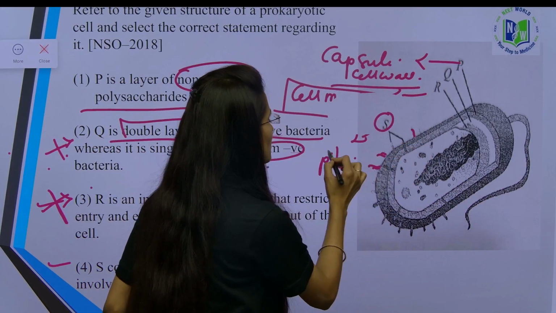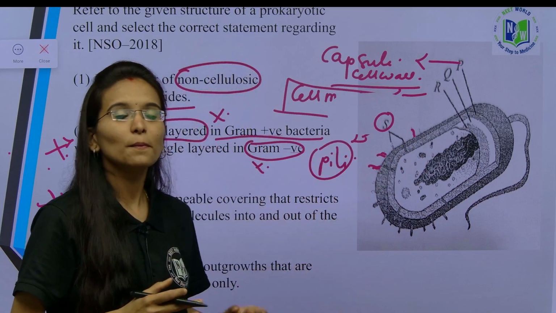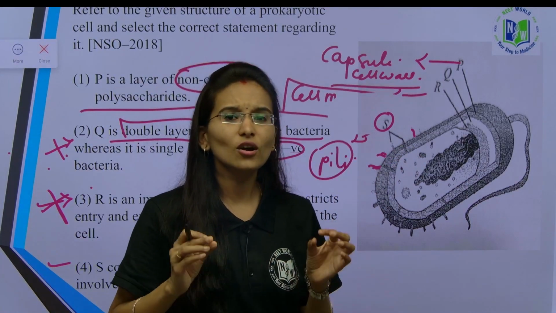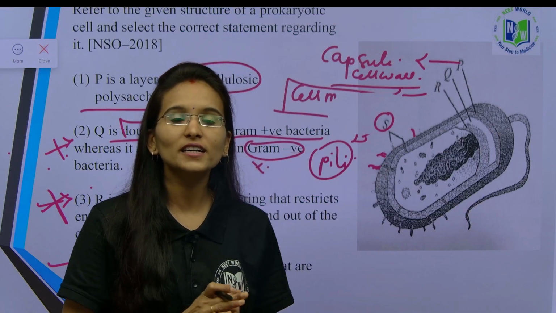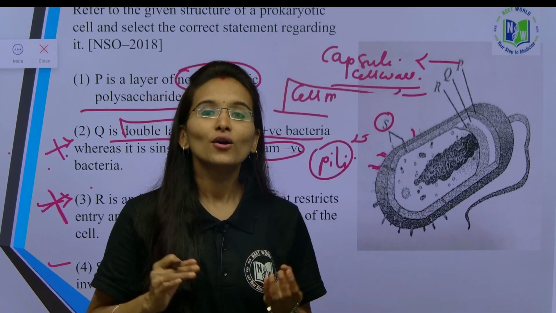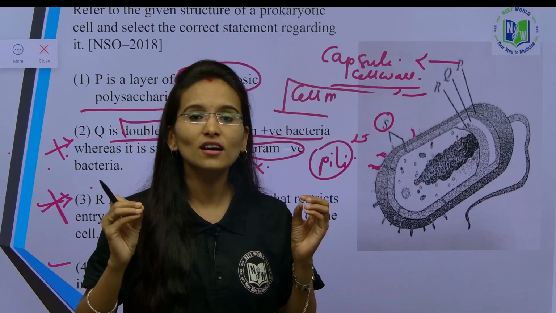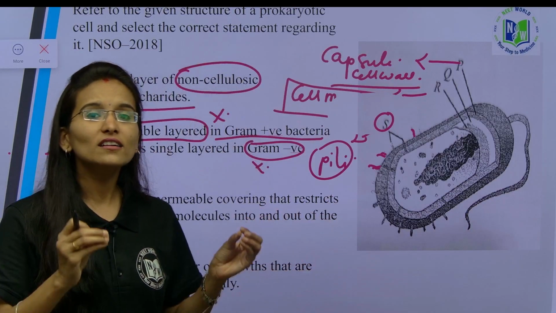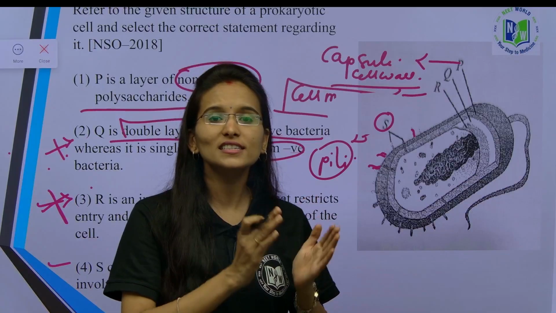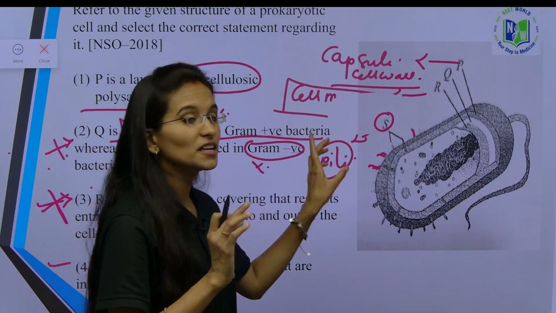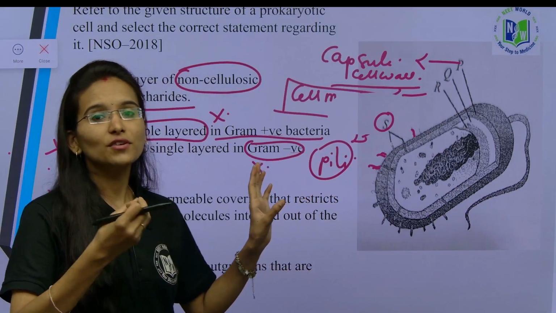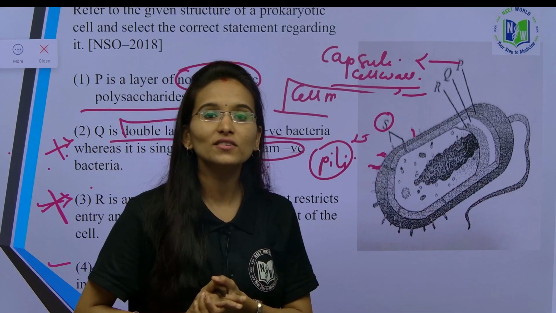Okay, what are these? Just now we have discussed pili, okay. These are outgrowths. They are not only meant for locomotion, but for attachment, and they are mainly involved in the conjugation process, okay. This is the most important process where the bacteria can transfer its genetic material from one bacteria to another bacteria, okay. These are the main structures where the genetic information is going to be transferred between the two